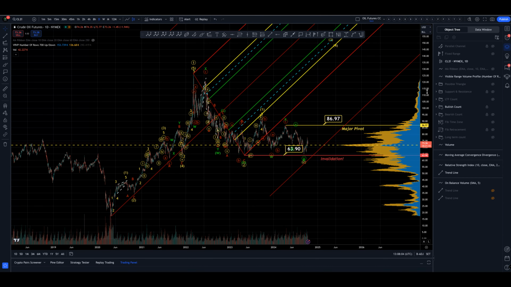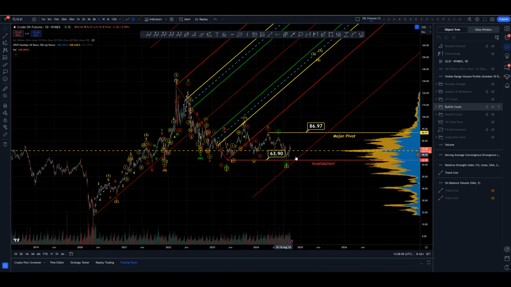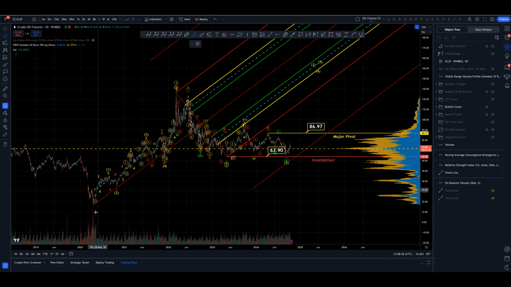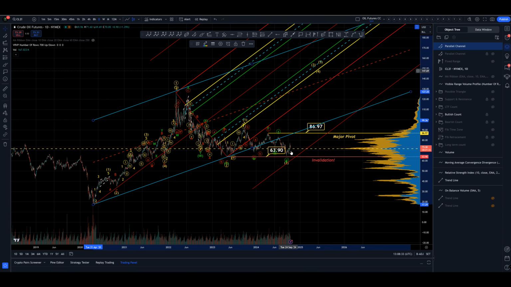Things I don't like about this count: we're a long way out of this wave 1-2 pitchfork. Even for a wave 3 extension to be forming, it would have to be absolutely enormous in order to get back into the fork in time. I do see that structure typically, but it would normally hold a better channel than the one we currently have. What do I mean by that? Well, if I bring up a simple base channel, taking the low that we made back here and the presumed wave 2 low and project from the one, we can see that we've fallen out of the base channel already.